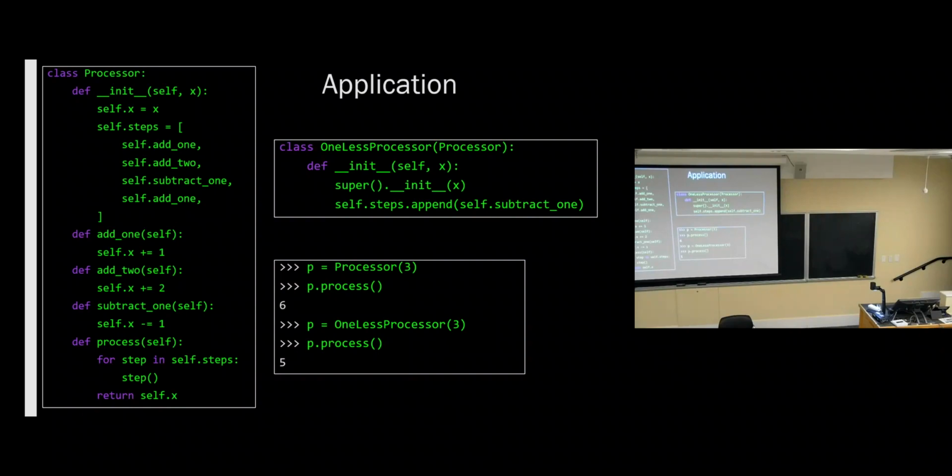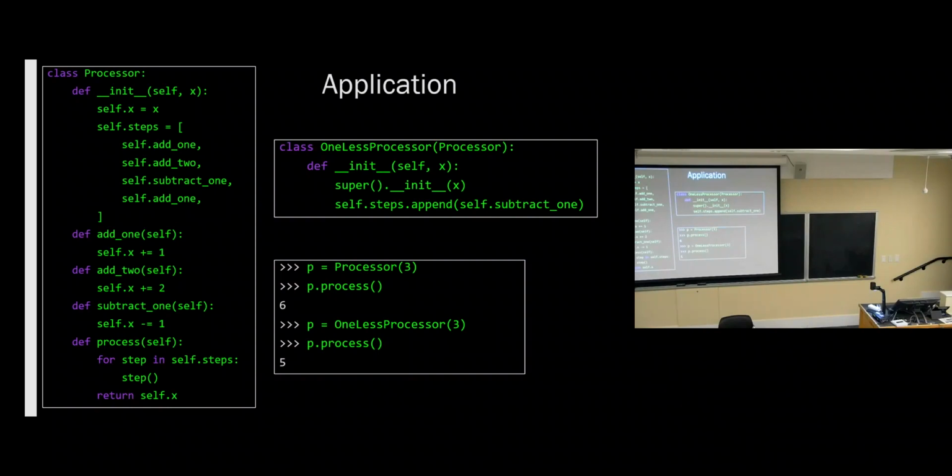Questions about this? So I guess this saves you from having to copy paste, like if you just wrote that out as a list of instructions in Python rather than a list of functions, you have to kind of copy them over to the class. Oh yeah, like you're saying, if we didn't even have these methods at all. Yeah, without these methods, you would have to copy and paste this code basically.